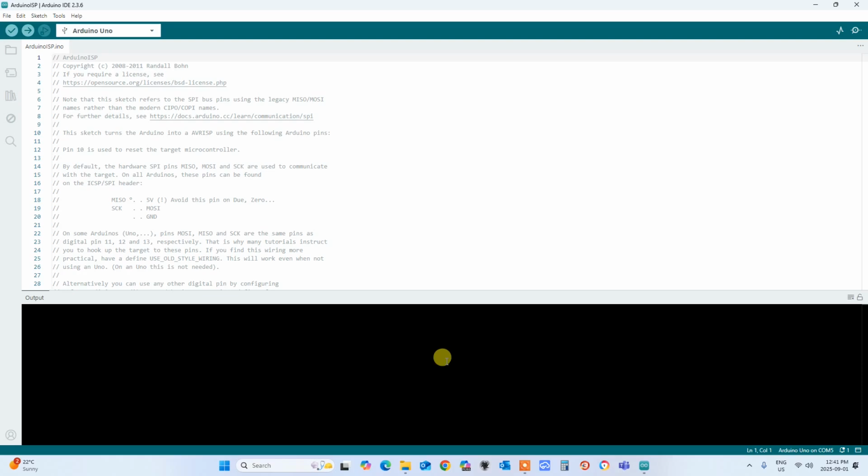So now the IC on my target board should be programmed with the bootloader, and I should be able to just plug it in to the normal cable and it should work. So if I test that, I'll find that it doesn't work, because now the thing thinks that it is a ATmega328P, but we still have the config file programmed for a U328U. So what we need to do is close Arduino